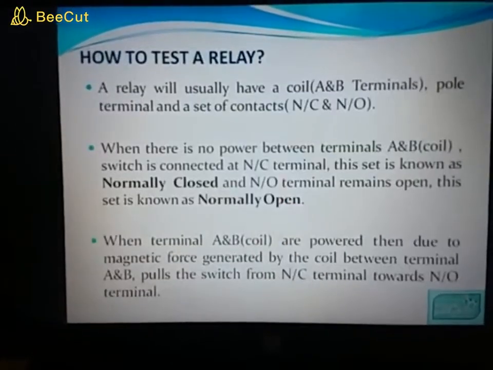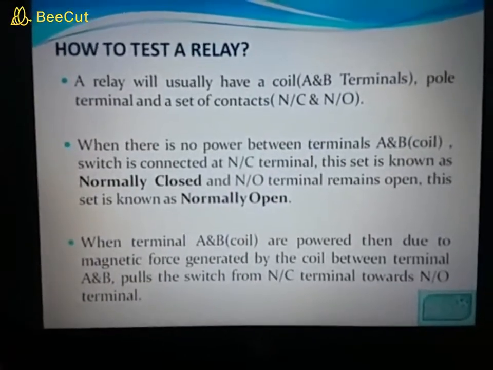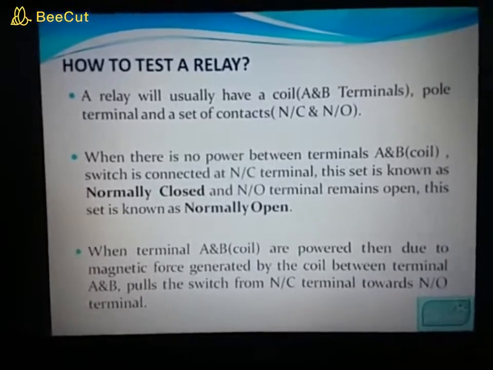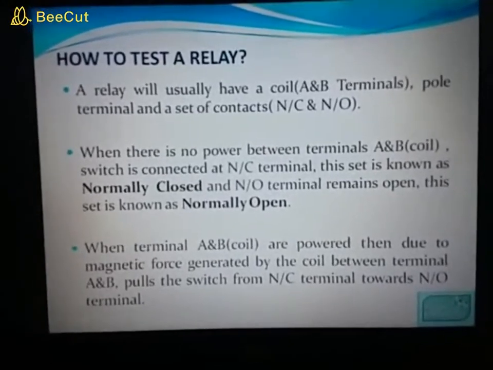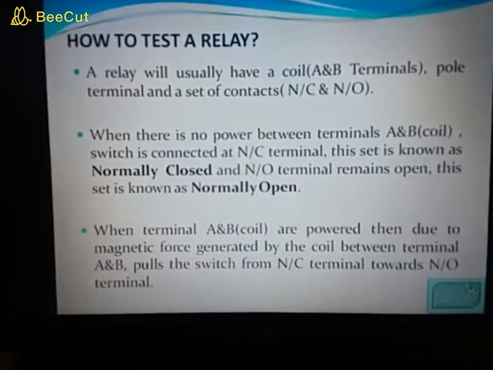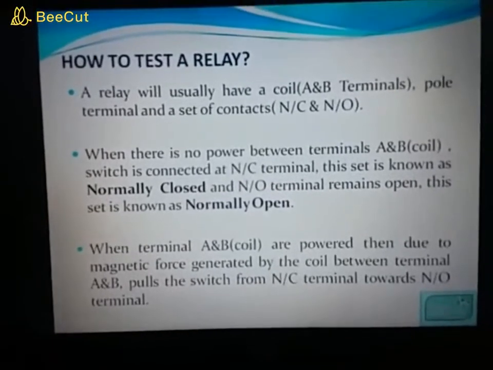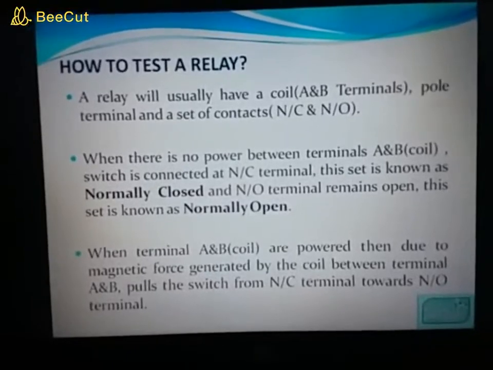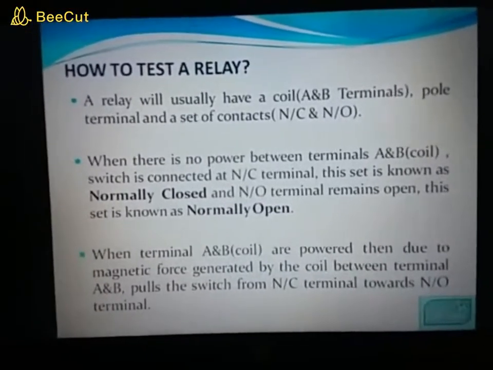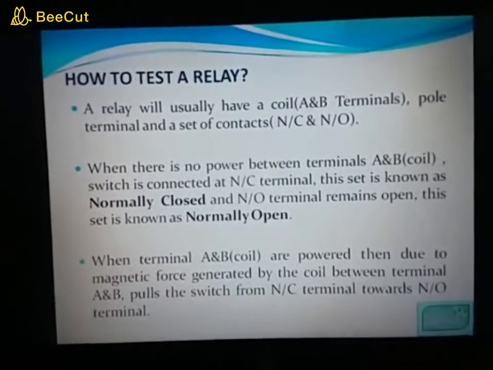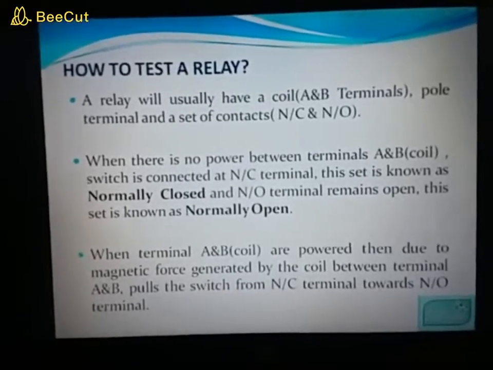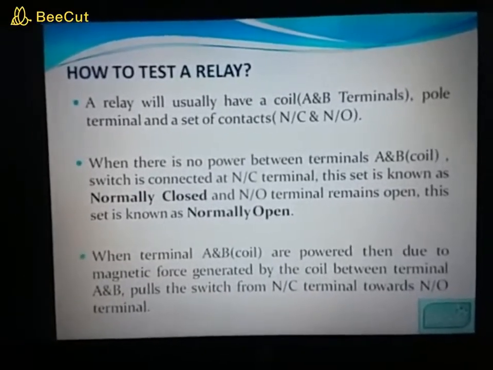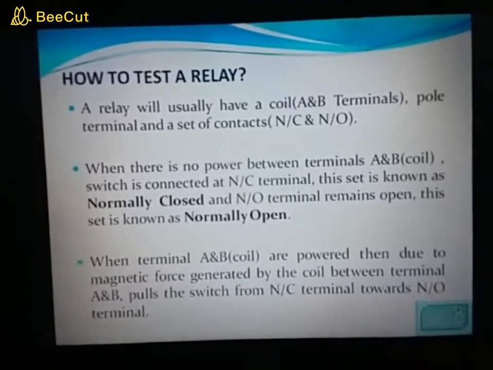There will be a beep sound when we touch the probes of the multimeter to the normally closed terminal, and when we touch the probes to the other terminal, that will be the normally open, because there is no beep sound.